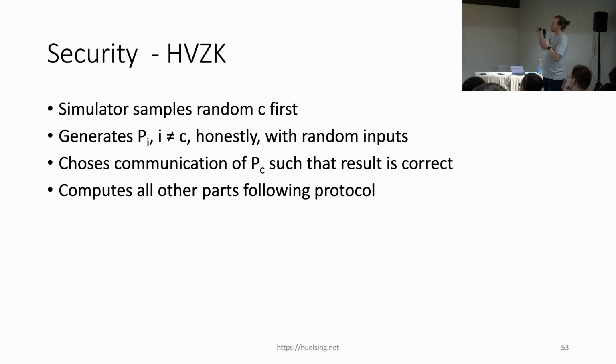Honest verifier zero knowledge works exactly the same as for Sudoku. The trick is that I actually sample the challenge first. When I sample the challenge first, I can just pick all the parties that will get opened, somewhat like with random inputs, but honestly, so that their computations make sense. And then I just pick the communications of the unopened parties such that they give the result that I want. And you will see, you can actually check this